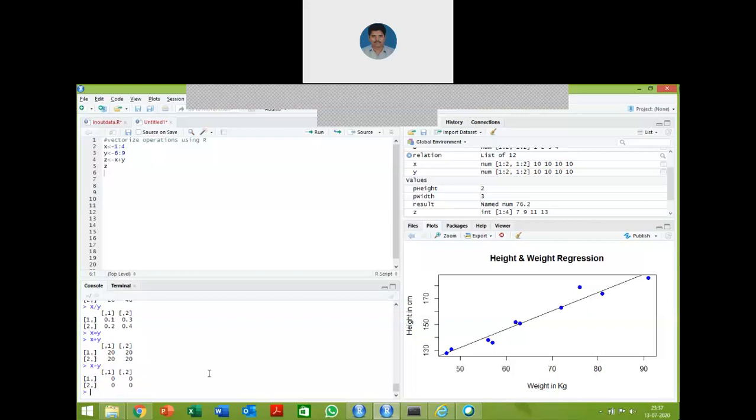You can simply represent the vectors, simply represent the matrix elements, and perform any kind of operations. So this is the importance of vectors. Today we saw how to perform vectorized operations by using the R language. The session is completed. Let's go and practice your exercise program.